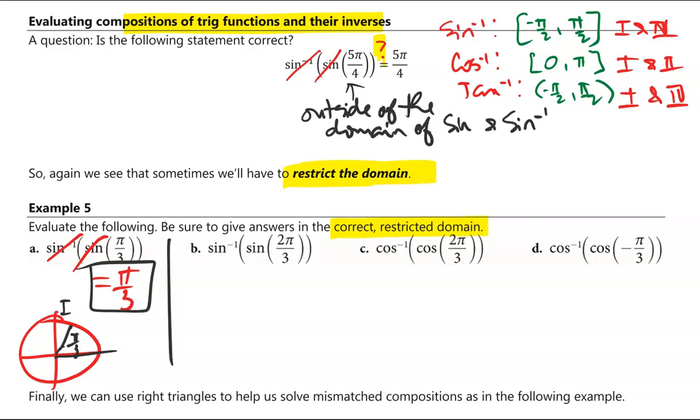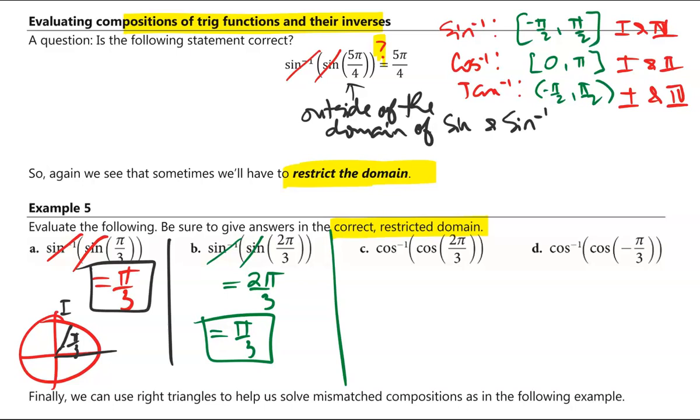B, inverse sine of sine 2 pi over 3. And that is equal to 2 pi over 3, but it's not in quadrant 1. So the coterminal of 2 pi over 3 is actually pi over 3. Next,